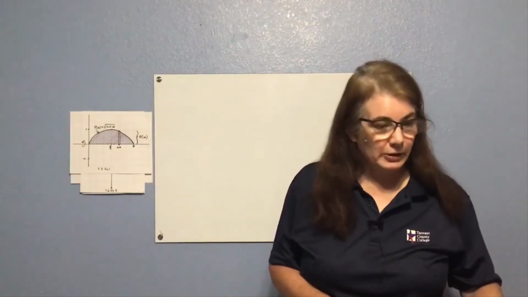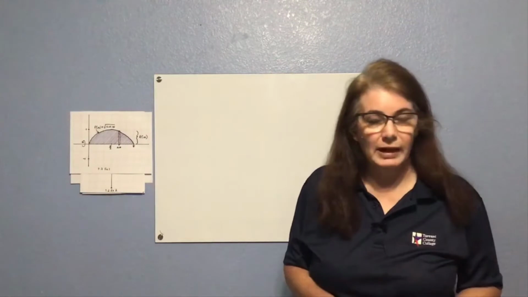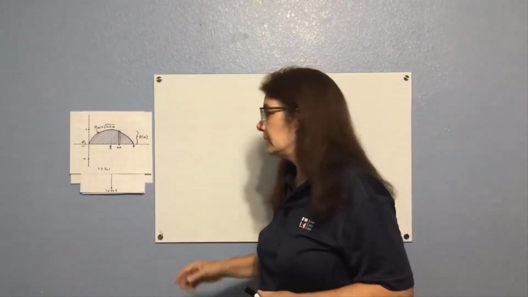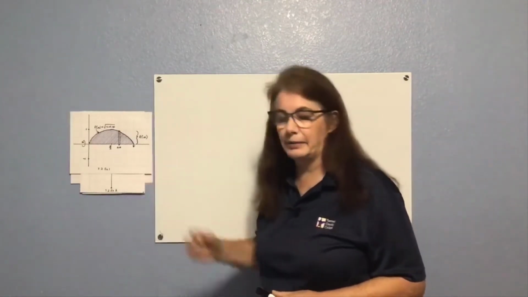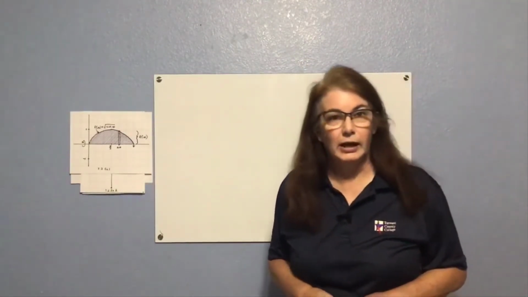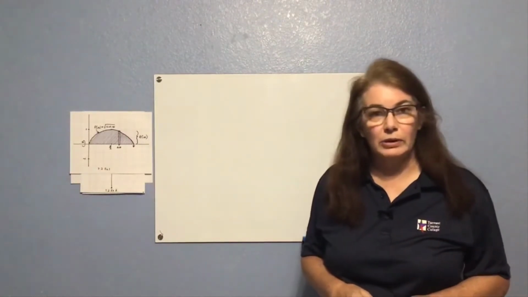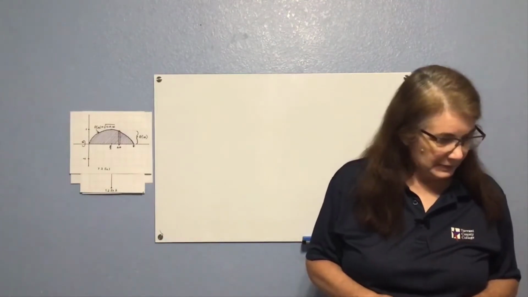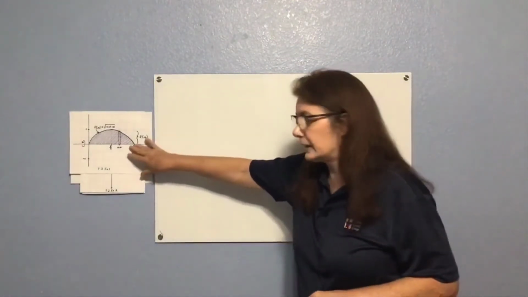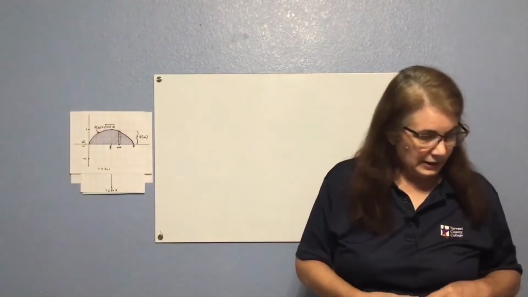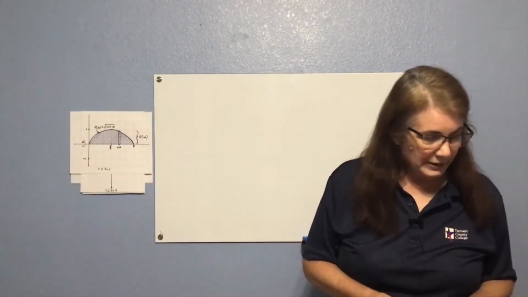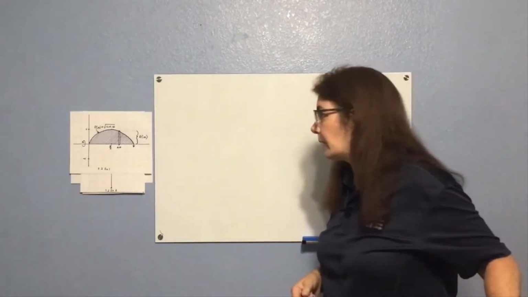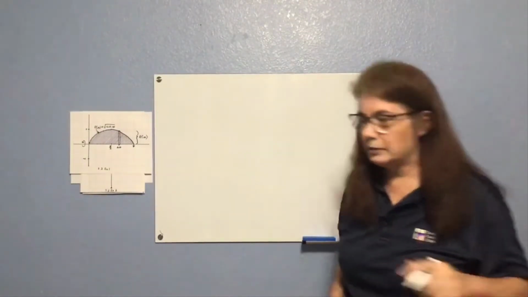In your textbook, there are two equations for solids of revolution. One for rotating around the x-axis, and the other for rotating this way around the y-axis. You should add those two equations to your reference booklet. But let's take a look at this particular curve and the formula and see how that works. Since we're rotating around the x-axis, we're going to start with this